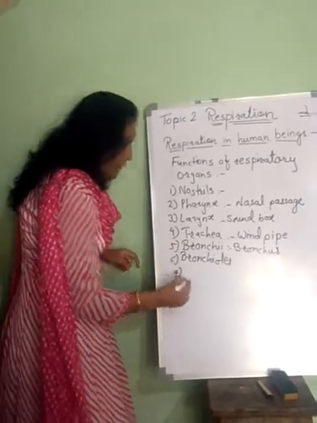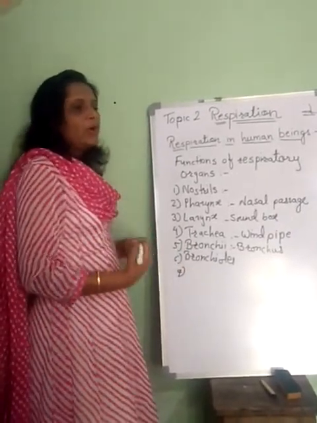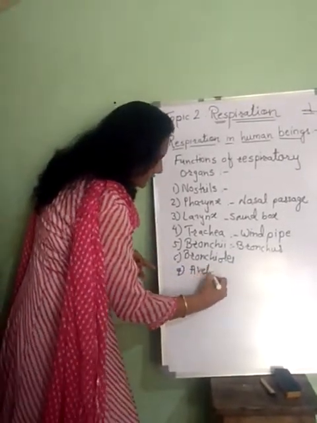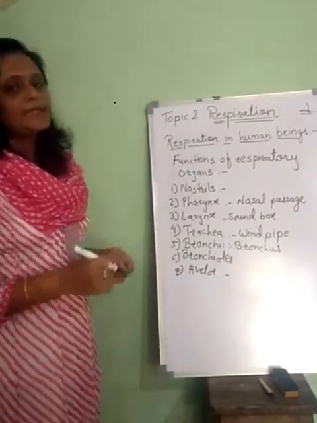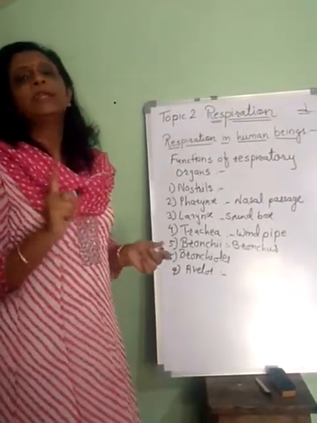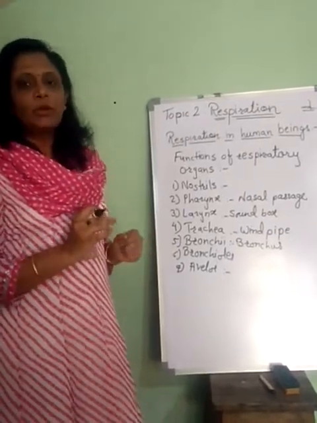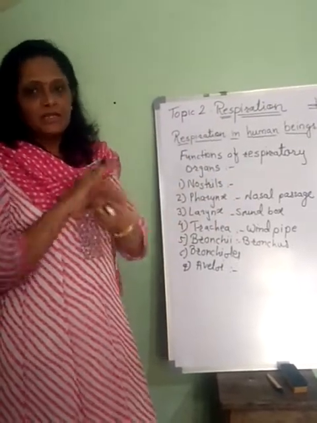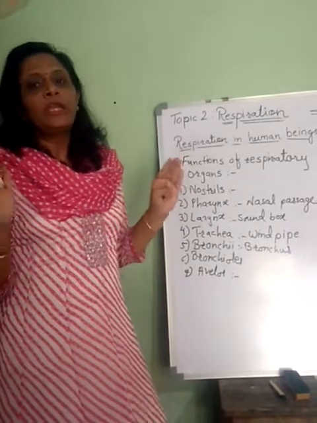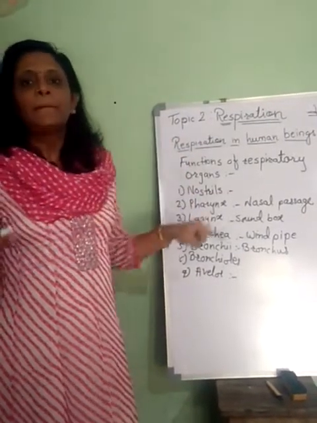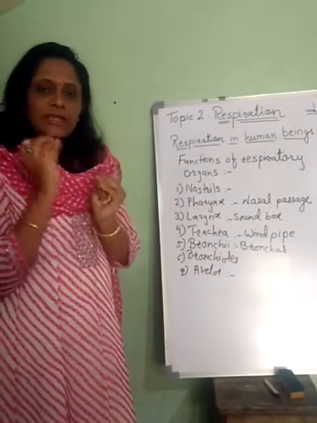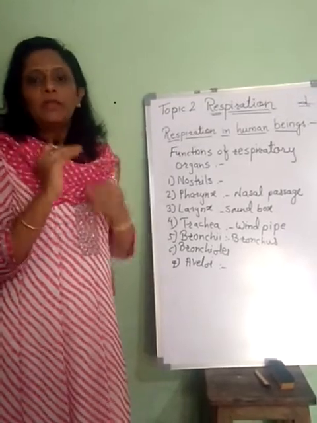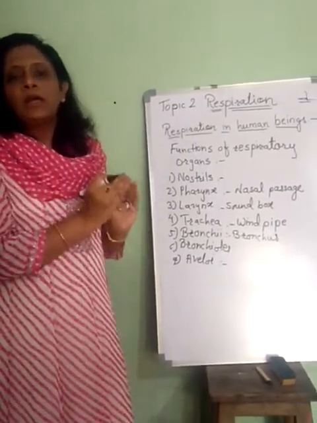The giving of oxygen to the blood and the taking of carbon dioxide from the blood is done in small sac-like structures called alveoli. As there are many, they are alveoli; one single is an alveolus. If you cut it and stretch it out flat, it will stretch up to 85 centimeter cube. Such a big area it is. But when it is condensed and kept in the lungs, it is quite folded.